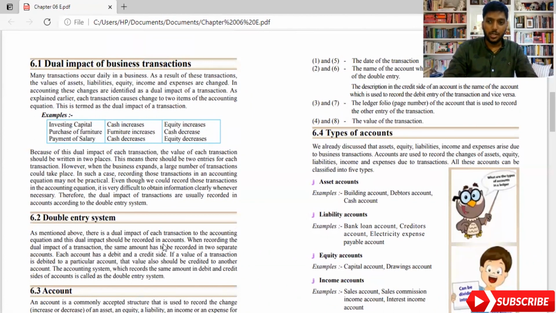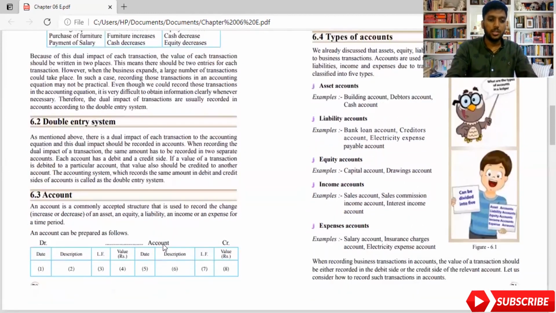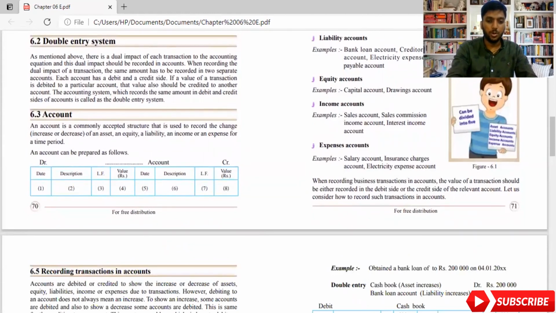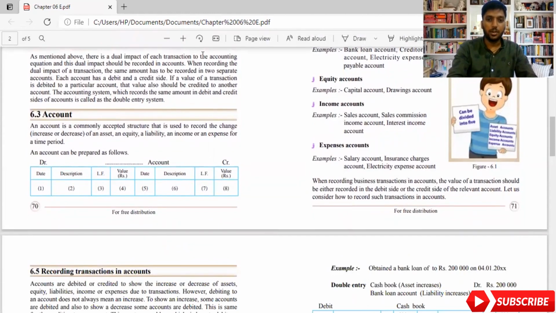In the last video, I taught you there are two formulas you need to remember. Asset is equal to capital plus liability. I'm now going to teach you another formula: asset plus expense is equal to capital plus liability plus income. I'm going to use those formulas together to find out how double entry systems work. Now see here, they have given an account. Let me move on to my Excel to have a clear idea of what I'm talking about.